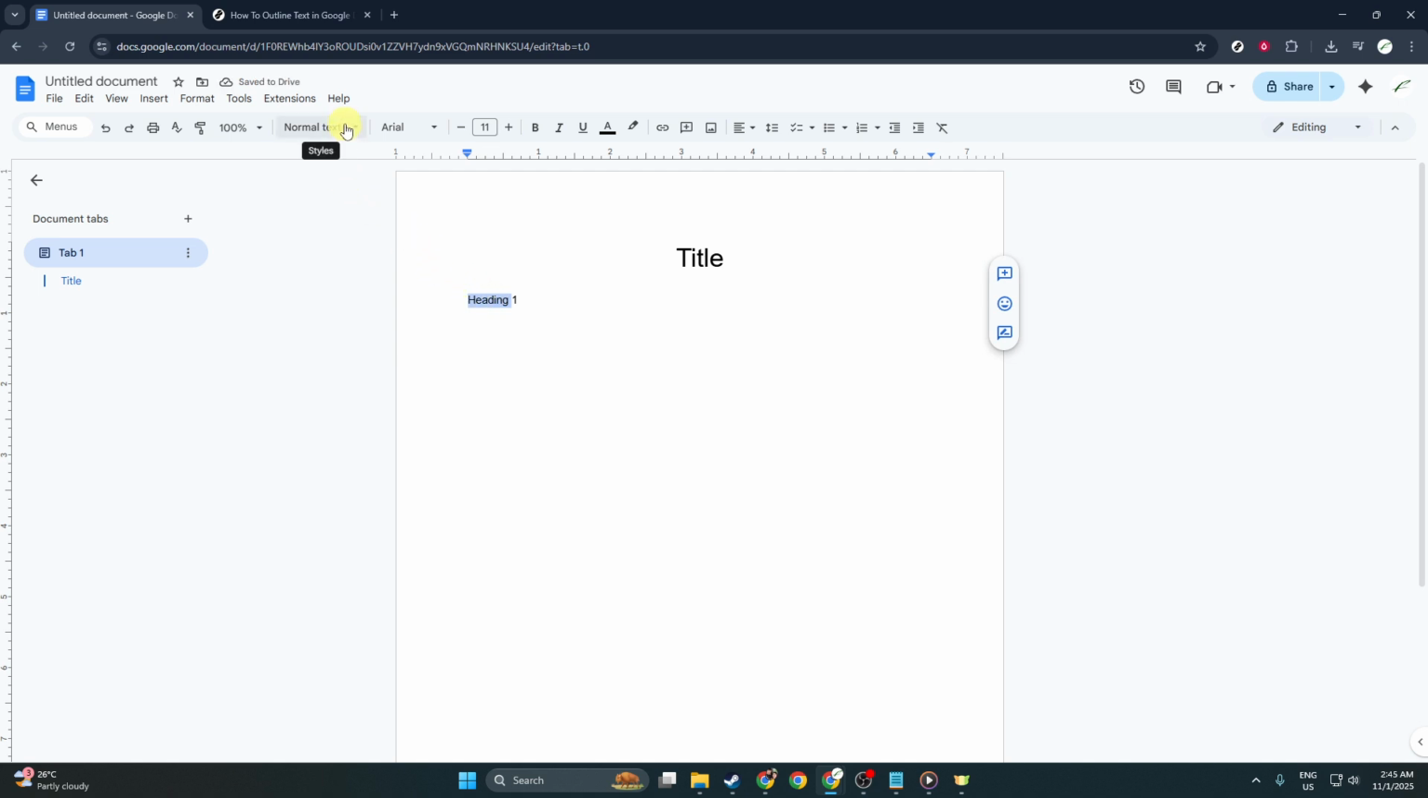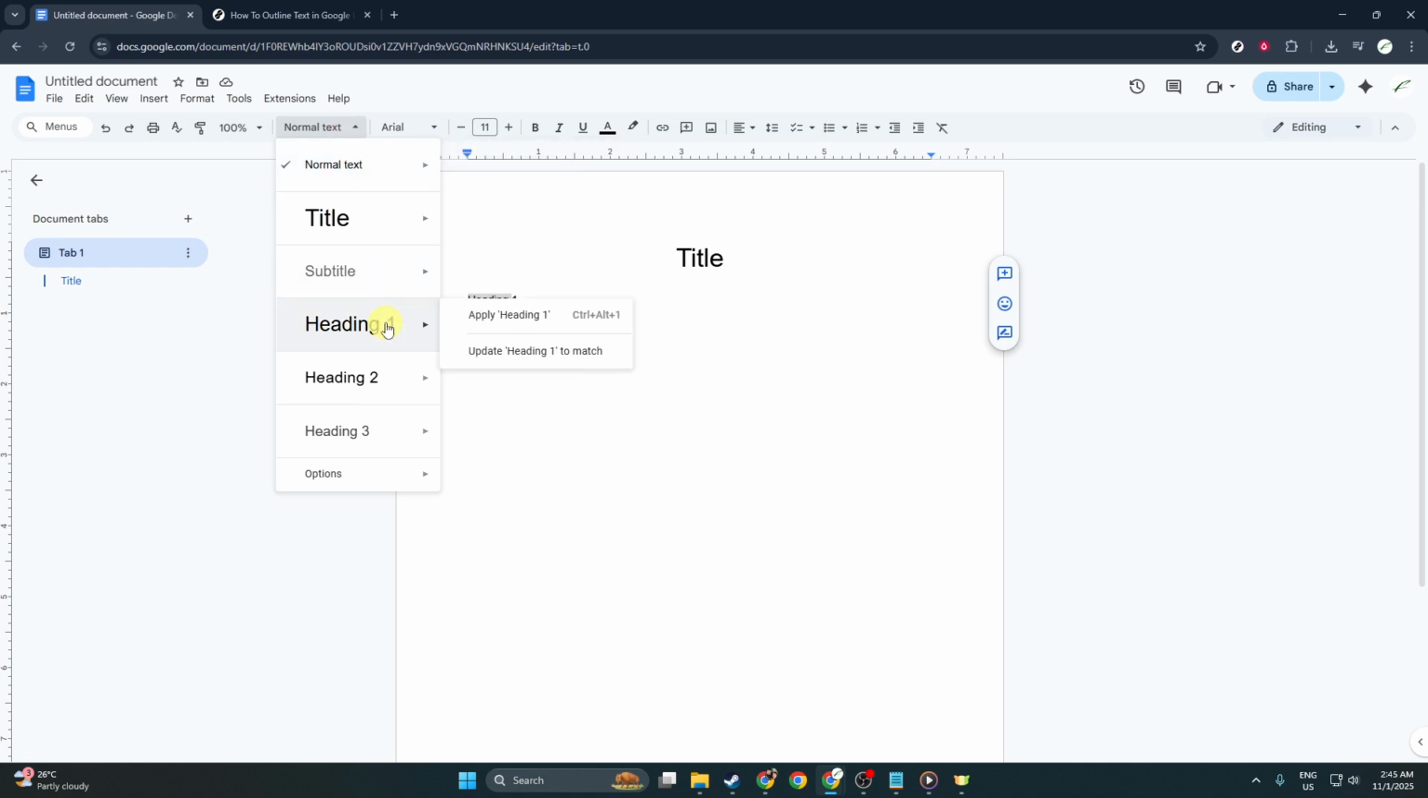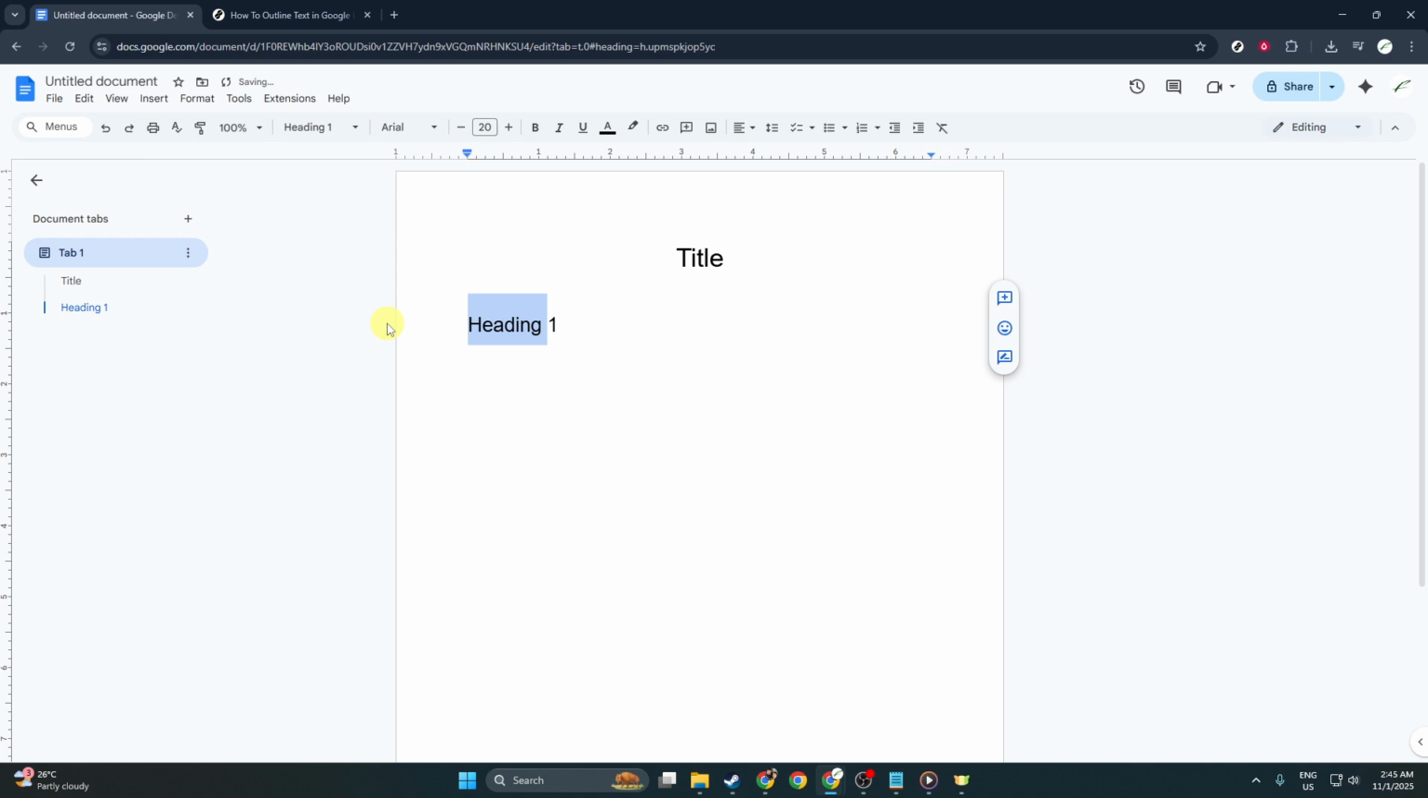Highlight the heading text with your cursor. With your heading text highlighted, return to the Styles drop-down menu. This time, in the Styles menu, you'll want to select Heading 1. This will apply the Heading 1 style to your text, which is important for differentiating it from body text and